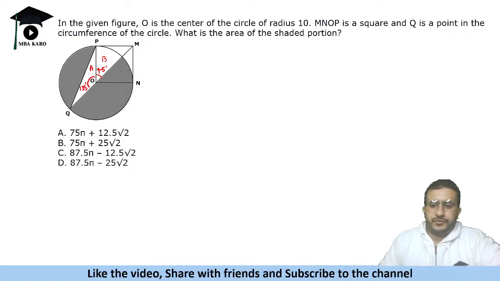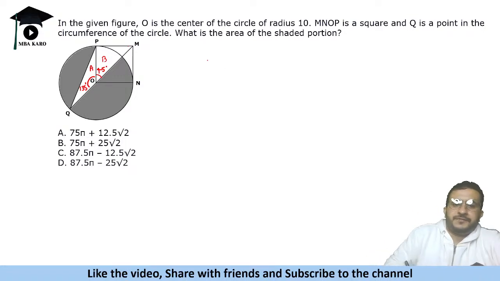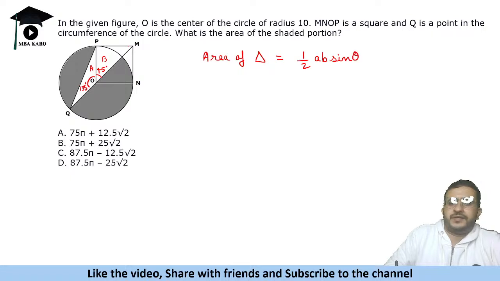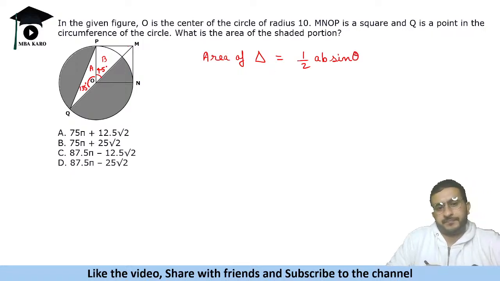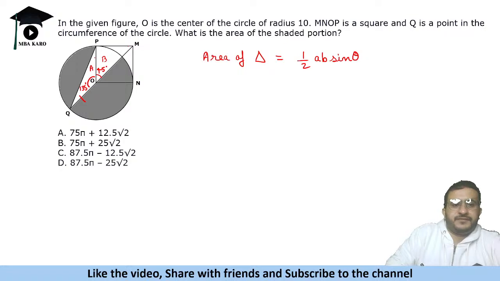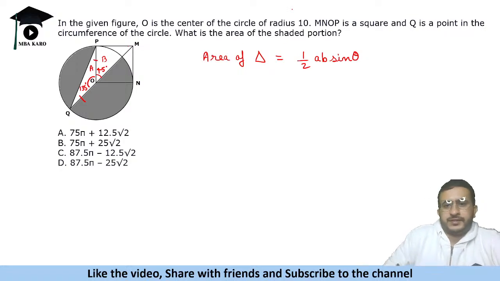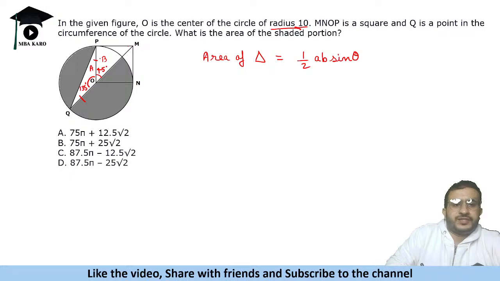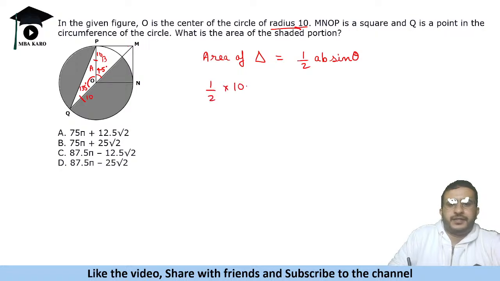Okay, so I'll tell you how to find the area of a triangle. The area of a triangle in terms of sine is half AB sine theta, where theta is the angle between them. So we know this side length, we know this side length. This is 10, radius is 10. So this side length is 10, this is also 10. So area of this triangle will be half 10 into 10 sine 135